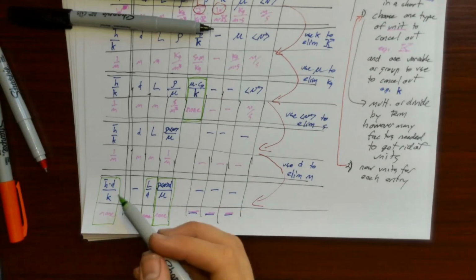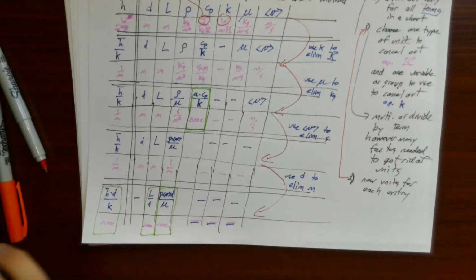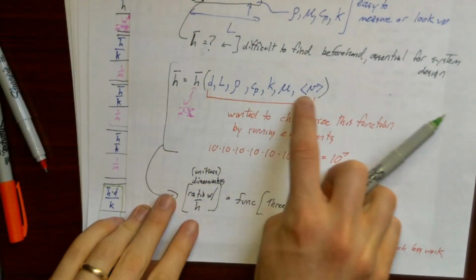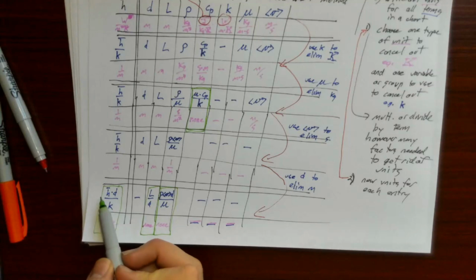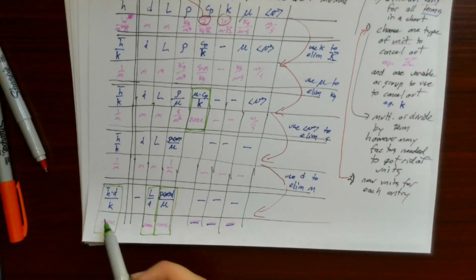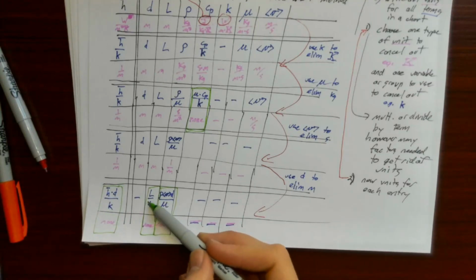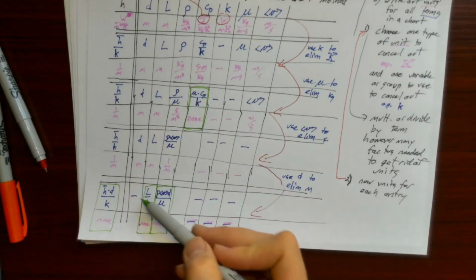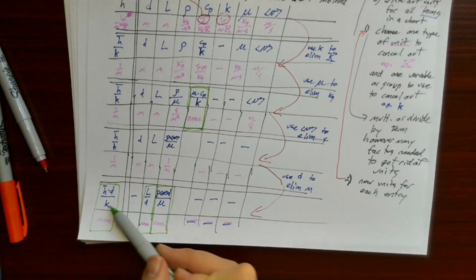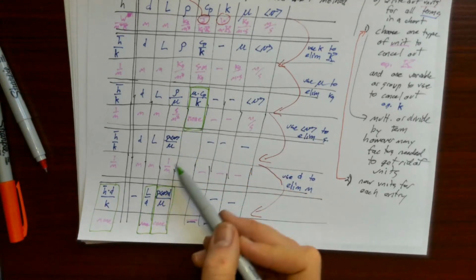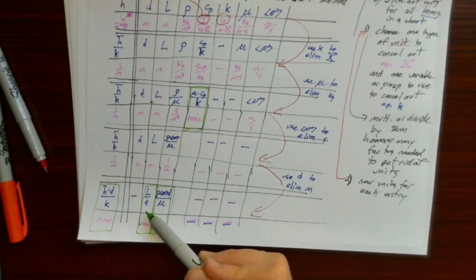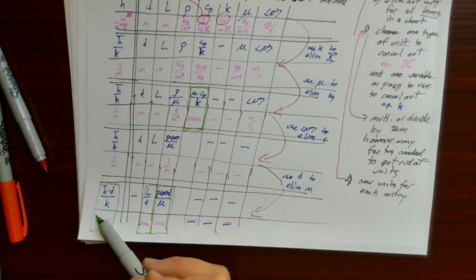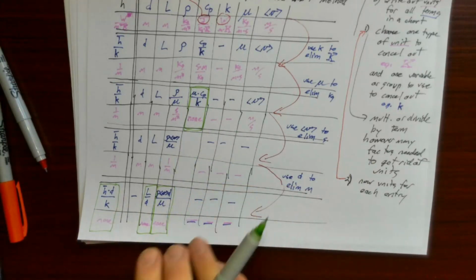So what does this mean? Rather than having h bar be a function of 7 variables, the ratio of h bar times d over k is going to be a function of this group, and this group. It still essentially has the dependence of all of the variables built into it, either in this ratio or in this ratio. But the benefit is now I need to just worry about how this ratio affects this ratio in terms of experimentally determining these relationships.